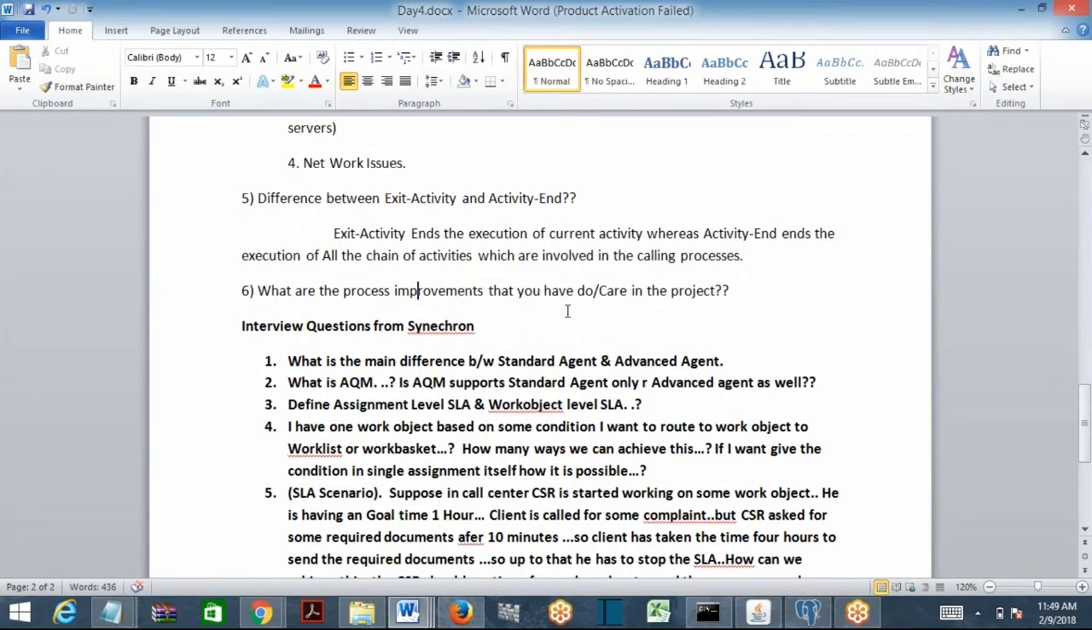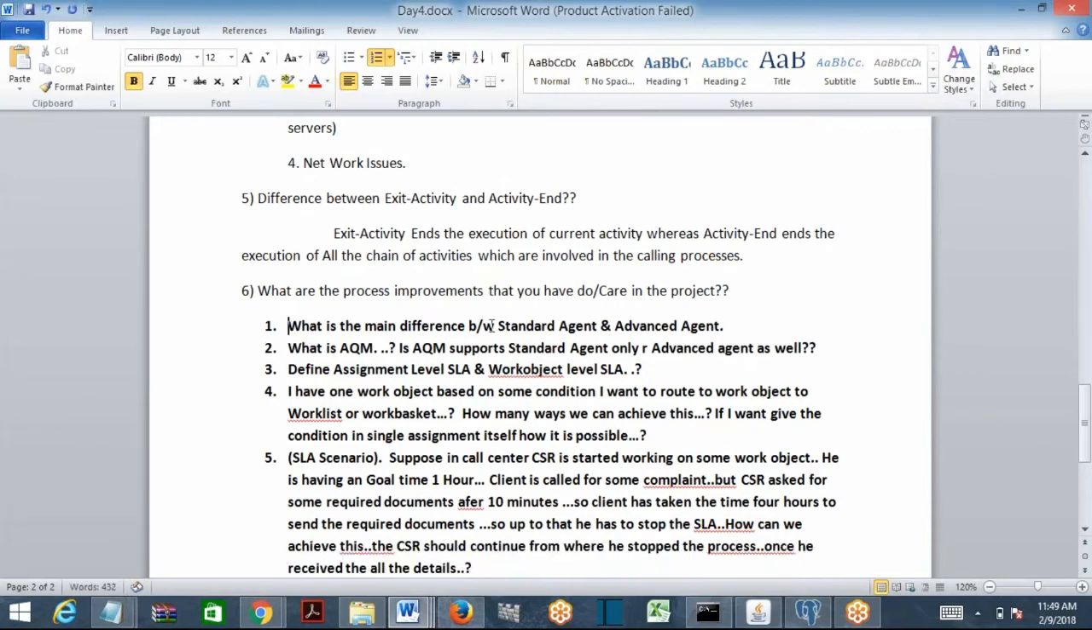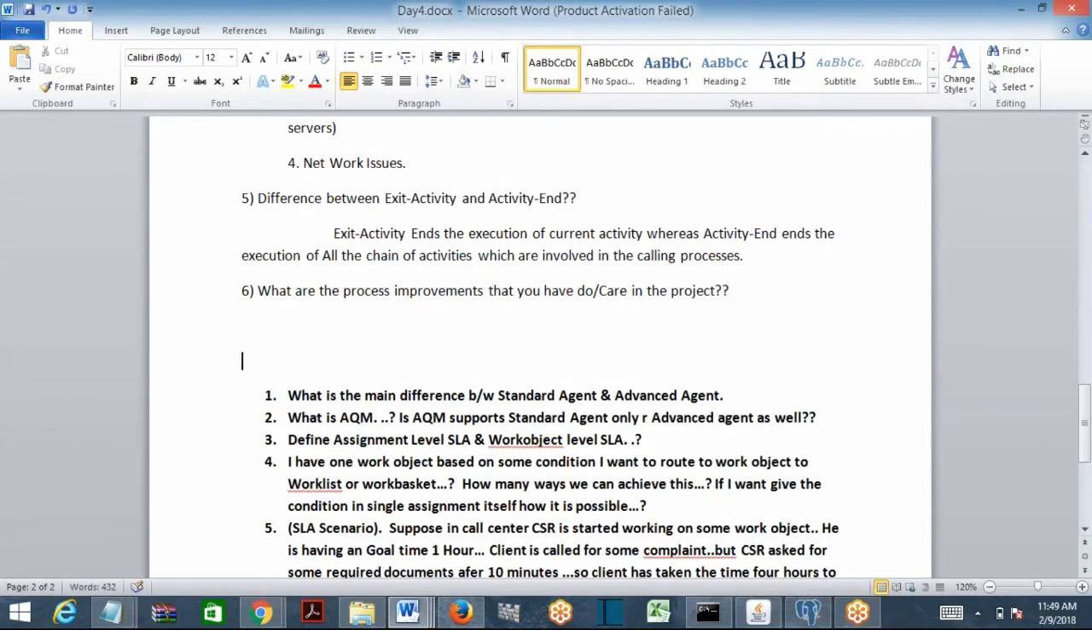What are the process improvements that you have to do or take care in your project? Process improvements. This is related to your project and you need to understand your project. Okay, this is related to process, not technical. What could be the process improvement? Depends on the current process that you are following, first of all. Based on that, you have to talk about. But you are following some process. Did you make any process improvements in your existing